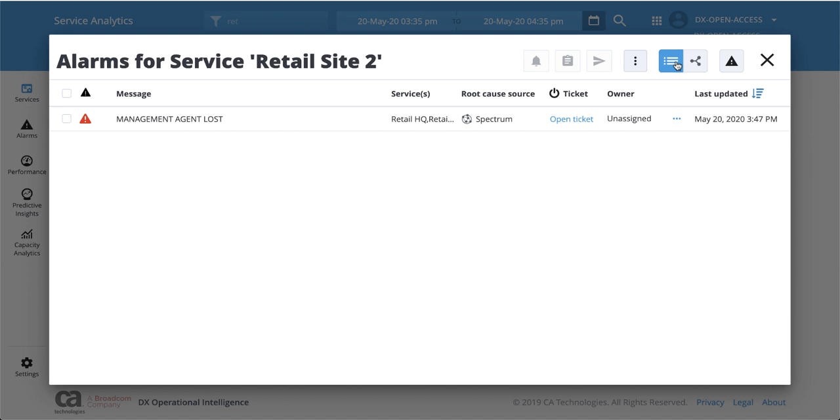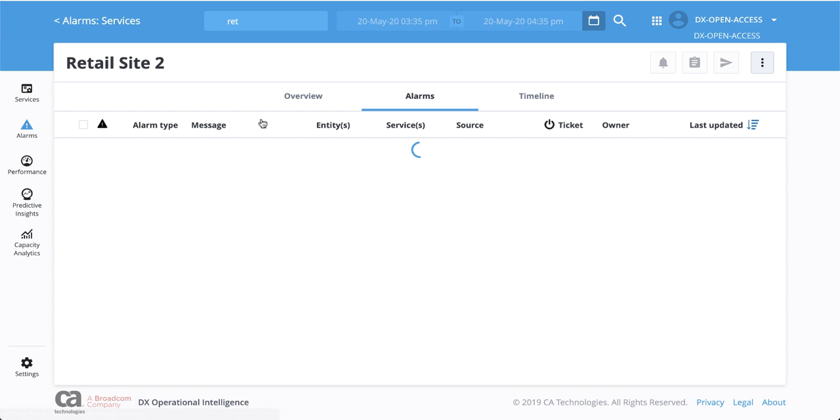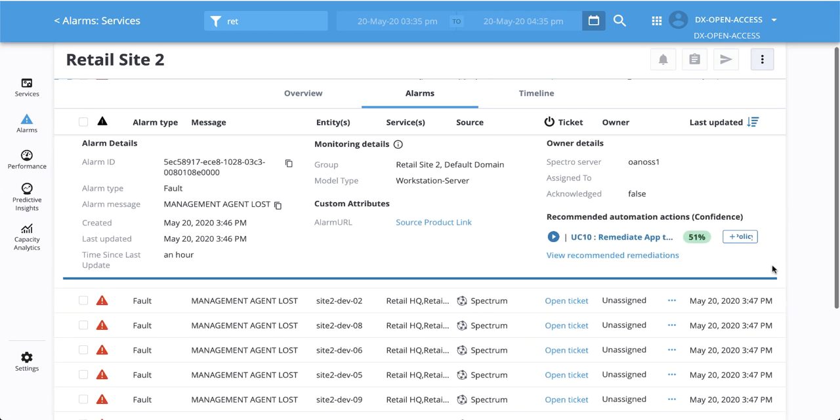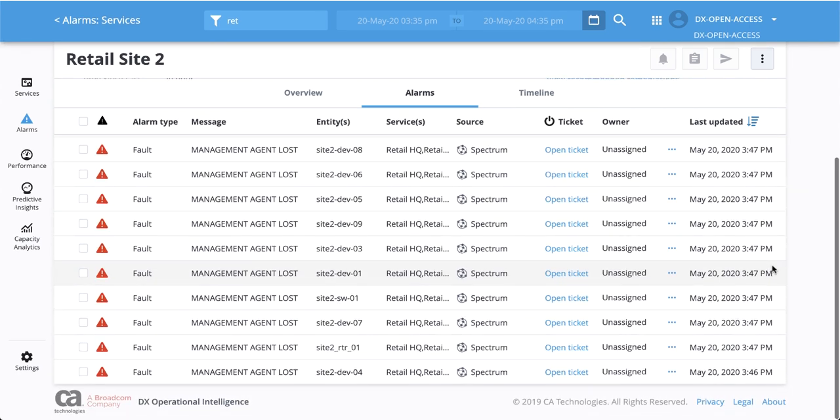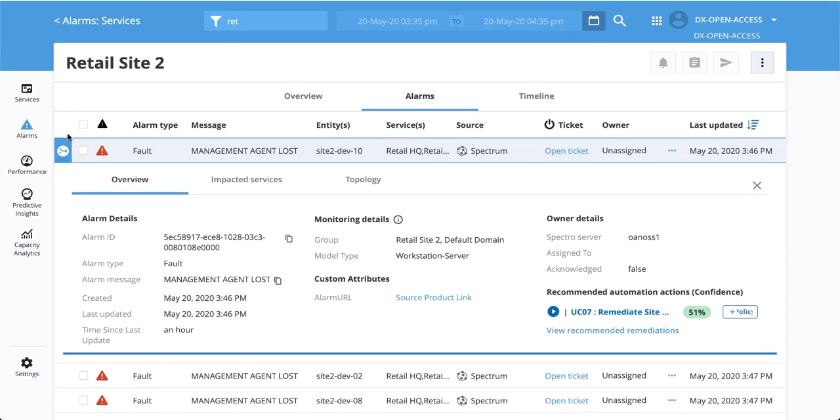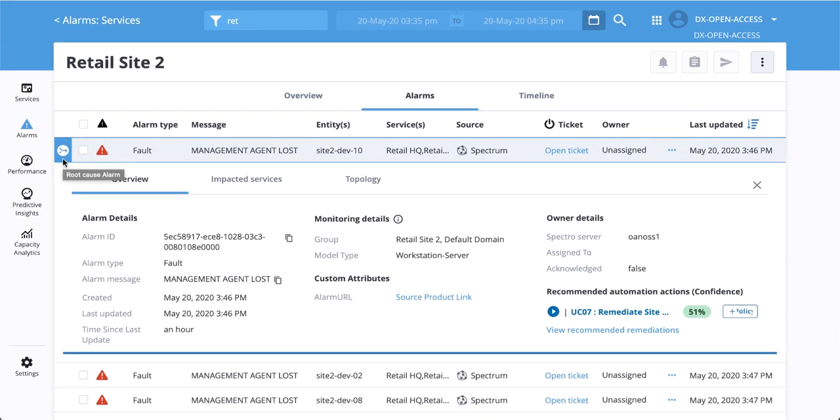A service alarm is intelligently correlated from many raw alarms that are automatically triggered when an outage occurs, identified by the time it occurred and also its root cause. In this case, the service alarm is management agent lost. It seems that these point-of-service devices are available on the network, but network monitoring visibility has been lost to these